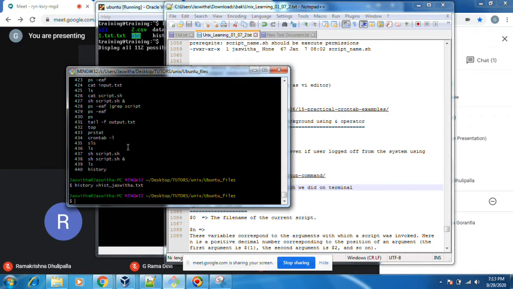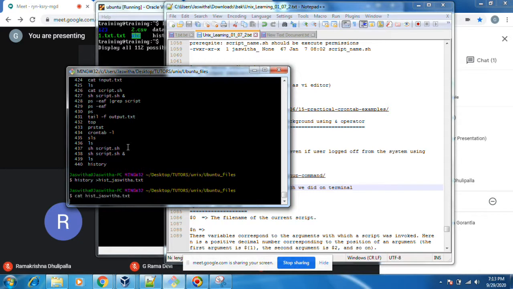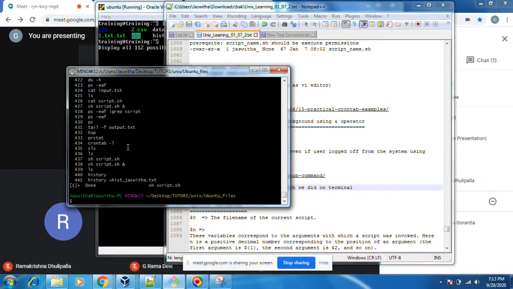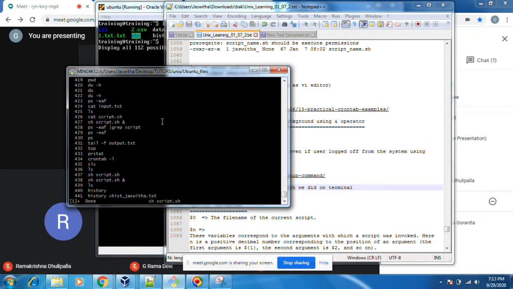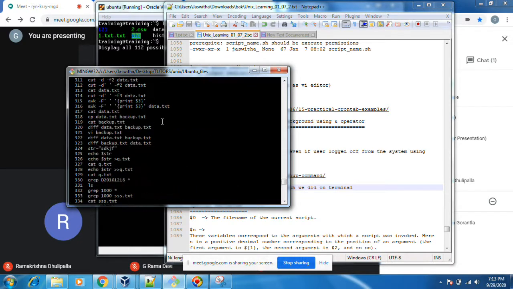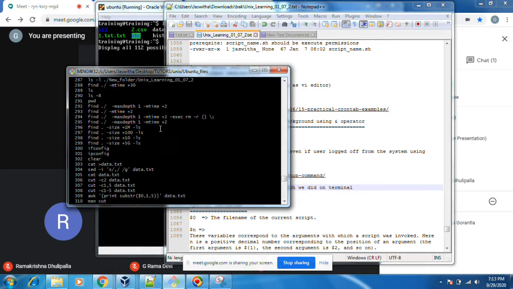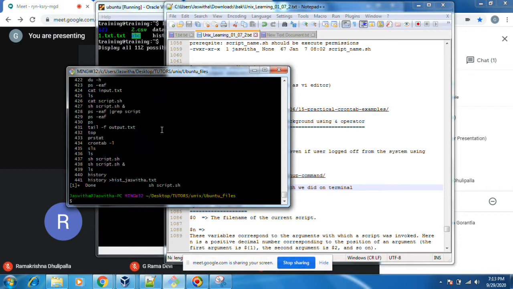The entire history will be copied into that file. I have stored all the history into one file using the greater than operator. Till now, whatever commands we have typed will show in the history.